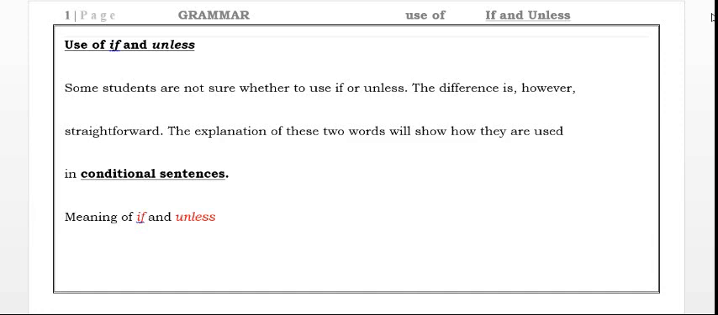Alright students, so today we will talk about the use of if and unless. Some students are not sure whether to use if or unless. The difference is, however, straightforward. The explanation of these two words will show how they are used in conditional sentences. So the meaning of if and unless is,